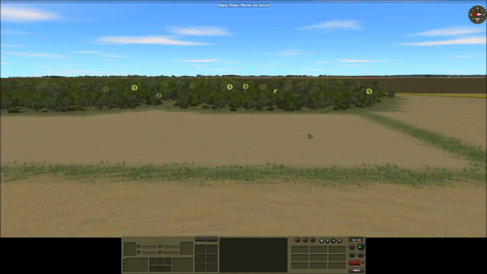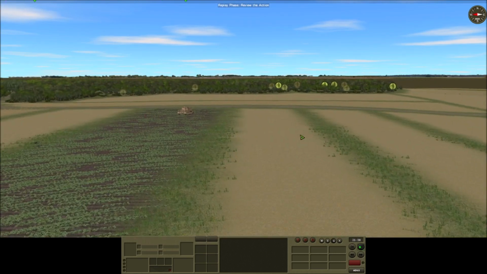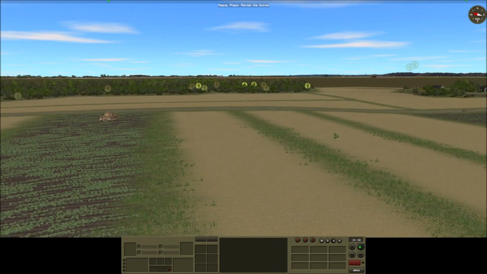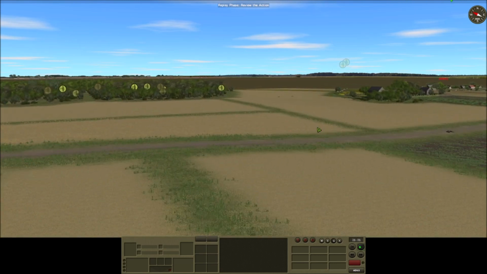It seems that most of them are in this corner now and moved past that other position, so maybe I should move this King Tiger up as well. On the other hand, he can look in this direction as well, so...